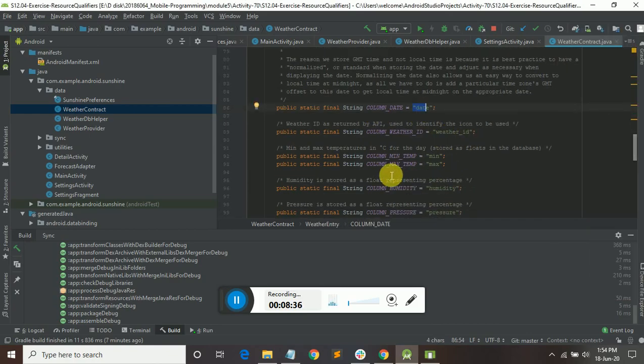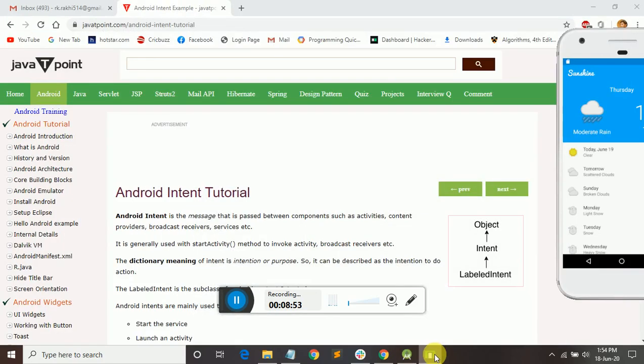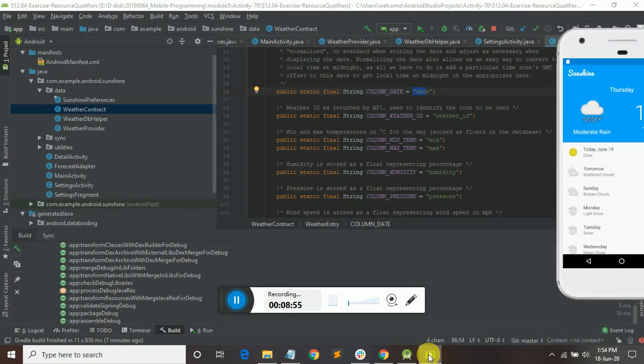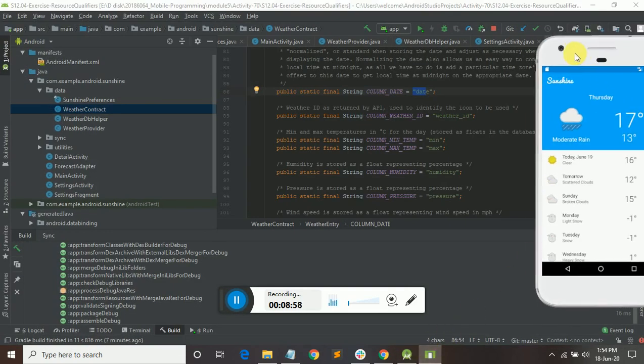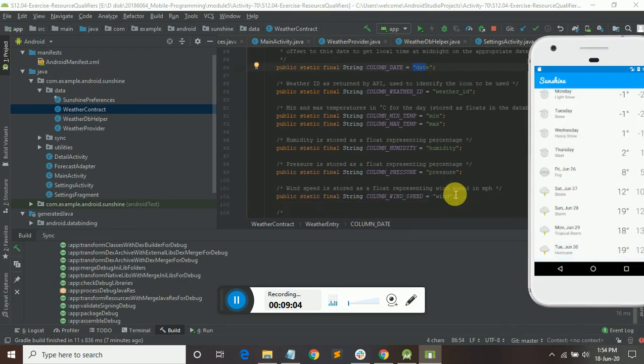From the database, or from the app URI, we are taking what the weather is on that day, and we are showing in our application the pressure and the humidity. You can see here, you have a moderate rain.